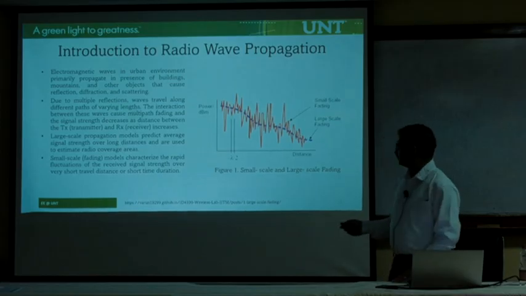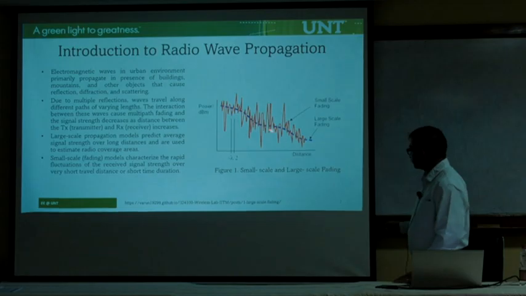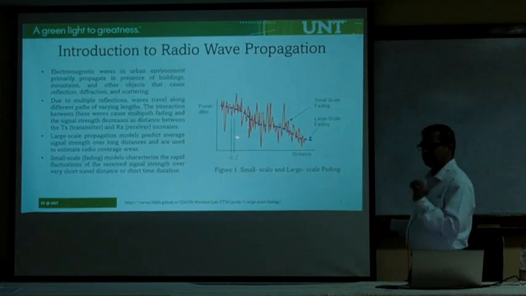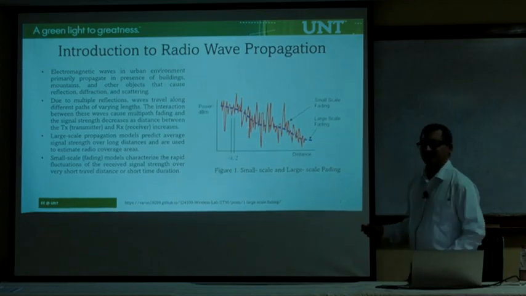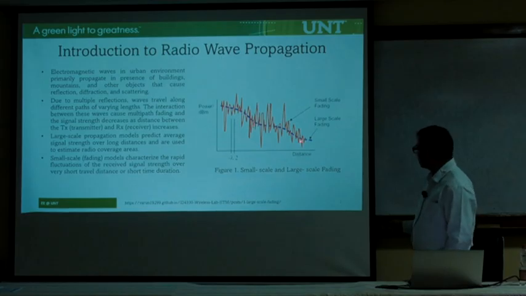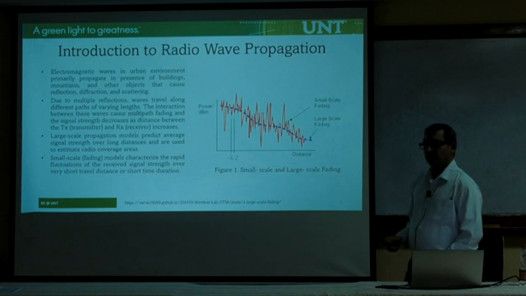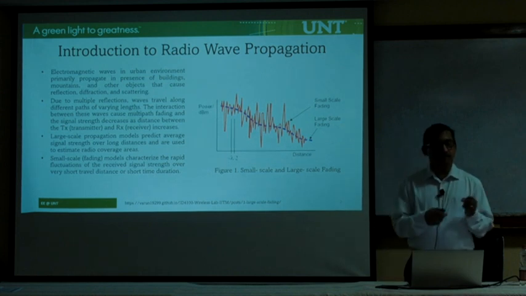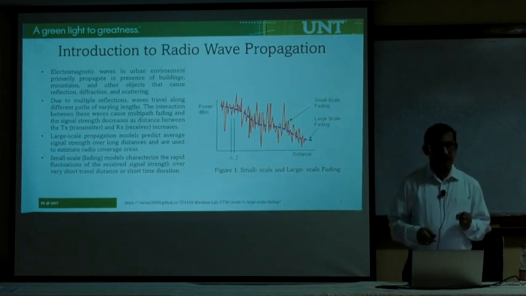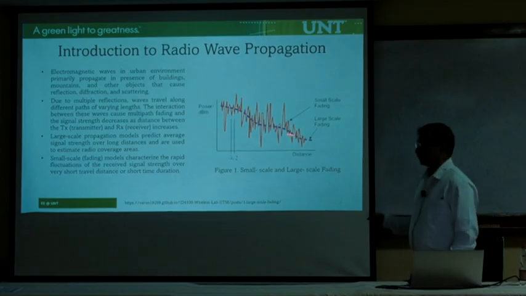Second is small scale. And if you look at this picture, you will also see a basic idea of what we mean by small scale. Okay? So first thing is large scale. Look at the blue curve. That talks about, in general, when the signal travels a long distance, primarily it captures the path loss, free space